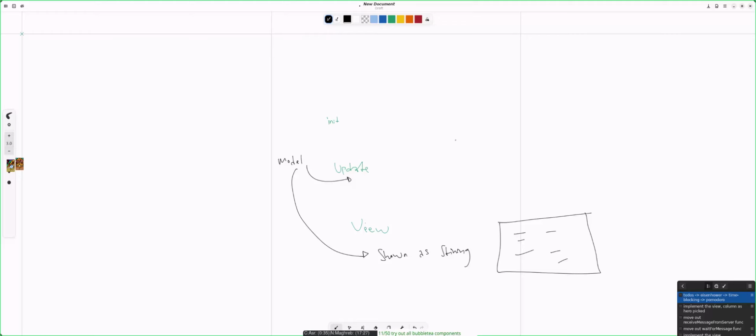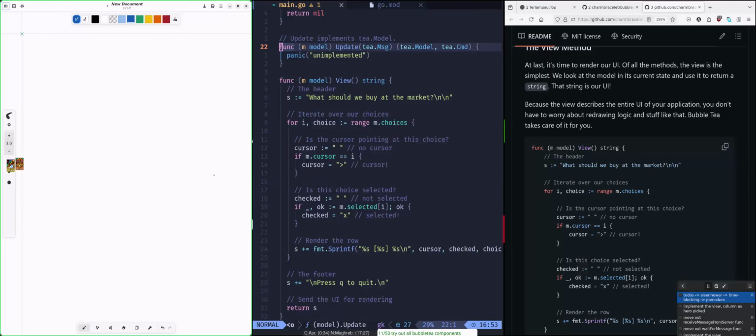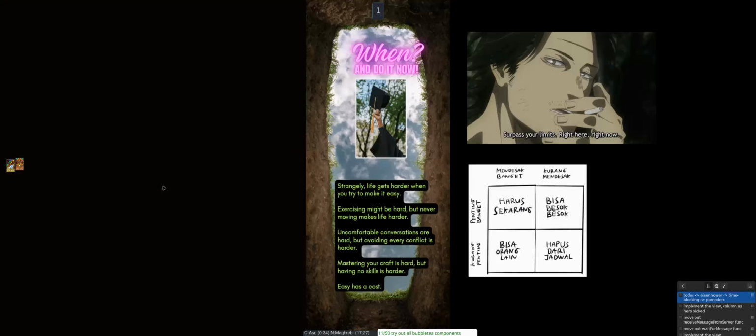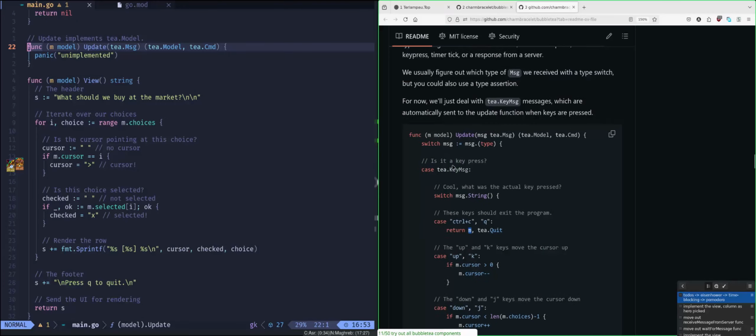So think of it like game development. There is a game loop that is going to keep looping. So this just goes between the view and update, and this is going to change again. And because the cycle of the game loop is pretty fast, you don't really notice the delay.